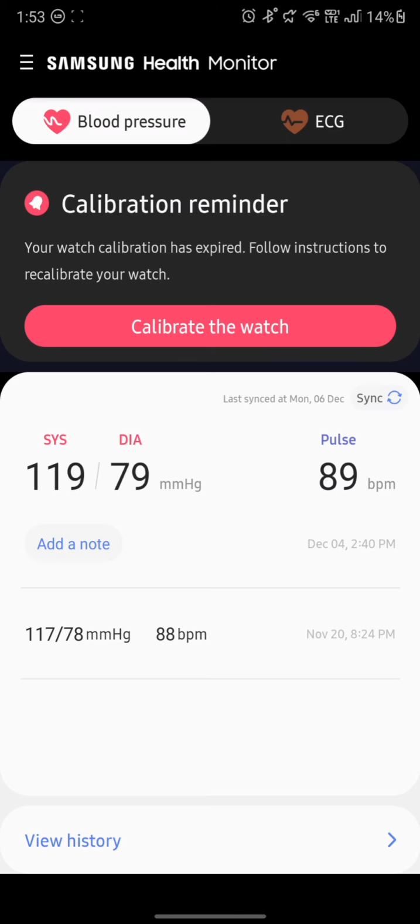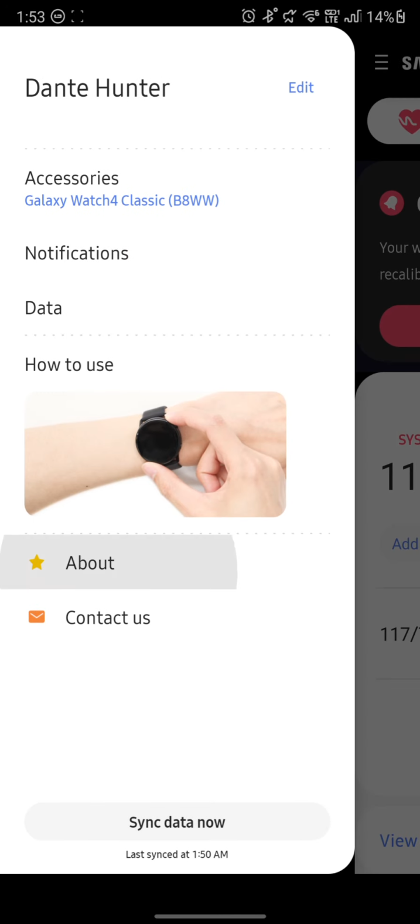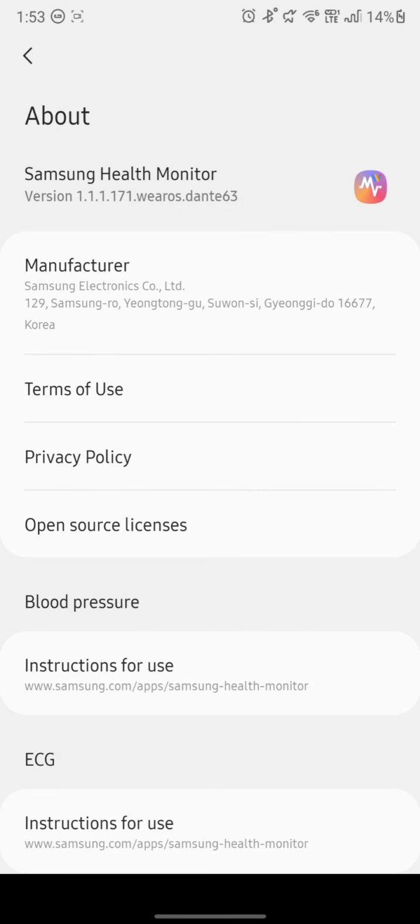So this is the mobile application right over here. This is version 171. But 169, let's just talk about 169. 169 was released on the 14th of November. And the big change in the mobile app was basically adding support for the country Taiwan. And now they have ECG access, but they don't have BP.